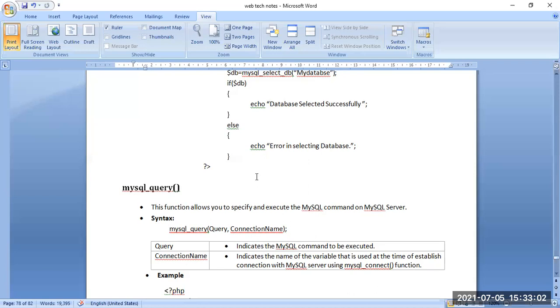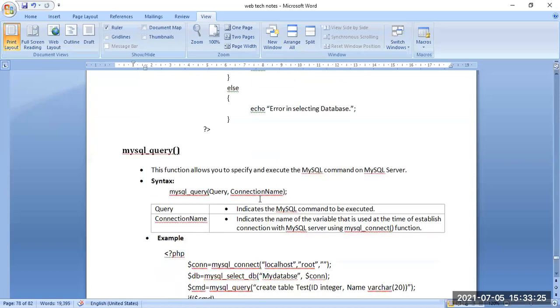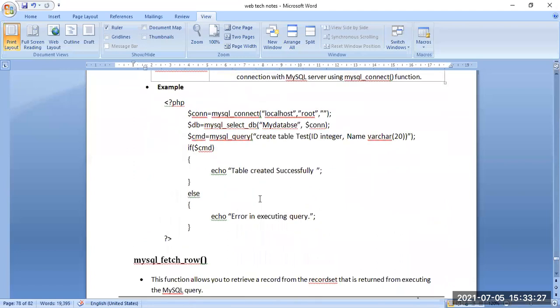So whatever query we want to execute will be the parameter, and it is executed with the help of the query. And the connection name refers to the connection created with the MySQL connect function. Here we can see that first, the connection has been created: $connection = MySQL connect localhost and root.